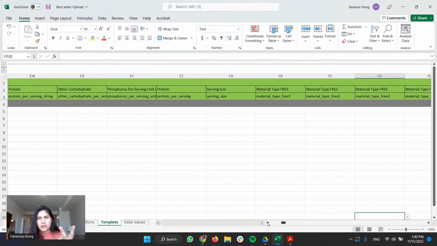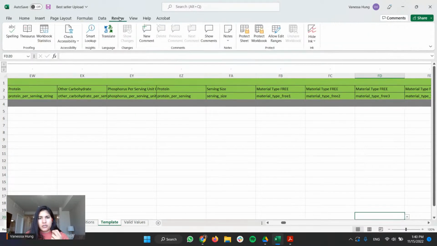So, two things before we get into adding more information. The first one is that most of the times when you download the category listing report, you will have to unprotect the sheet. So you will click review in the top section, and you will click here.